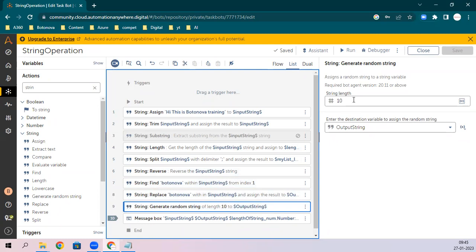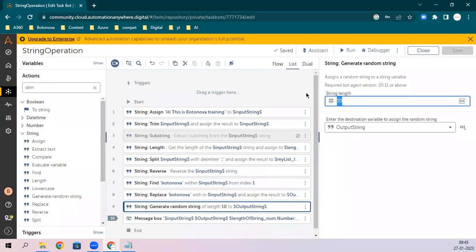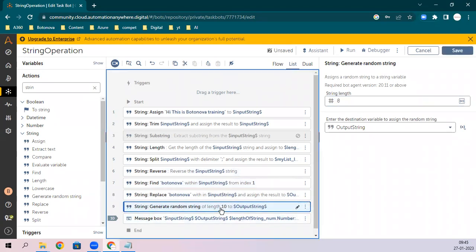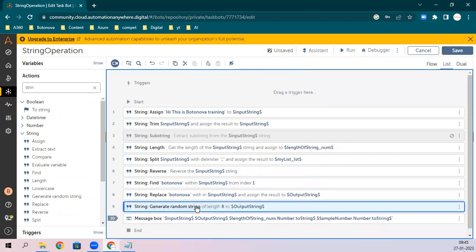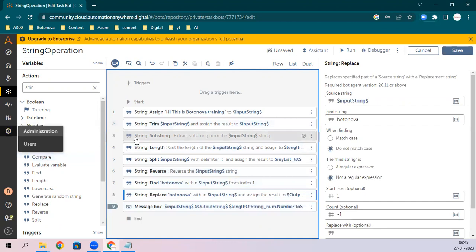Let's suppose your password is supporting only 8 length. Okay, just generate it of the 8 length, so there you can use it. Otherwise there is no use of this random generate string. ठीक है, only for the passwords.